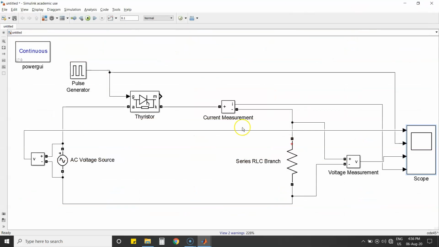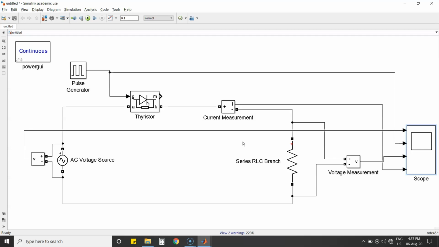Next, we need the screenshot of your Simulink circuit diagram. If you see the circuit diagram, it looks somewhat awkward, right? Because we are getting a link from here and a link from here, there are a lot of links which destroy the appearance of your Simulink model.